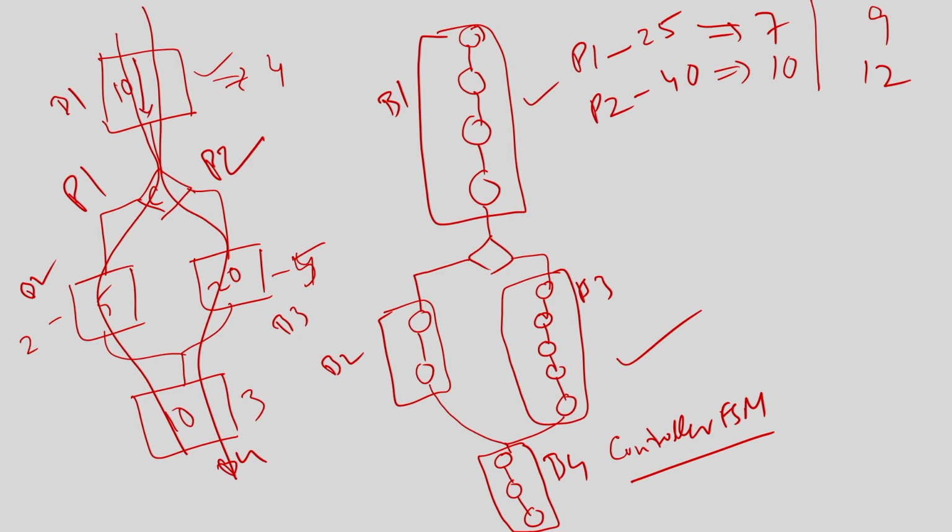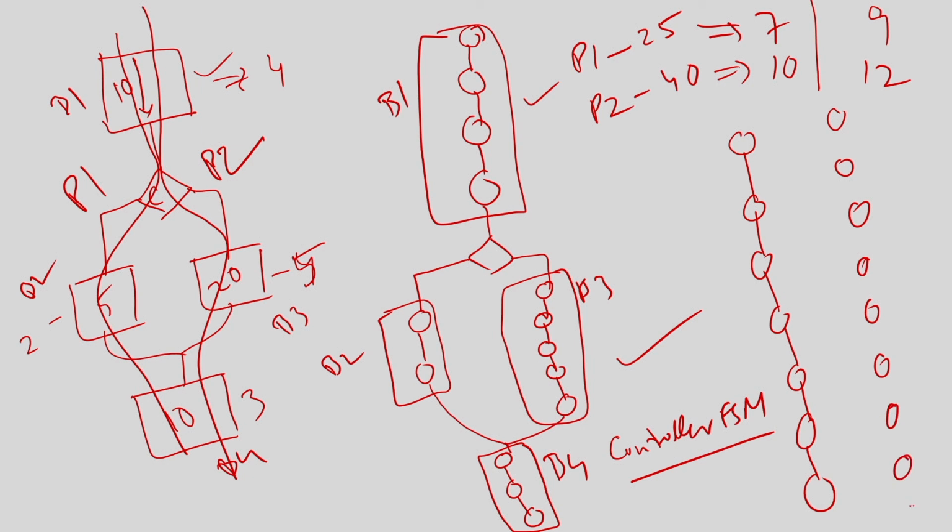So, for example, here you see I have mentioned that there are 7 states here, right. Say probably it has 7 states, and in path 2 I have 10 states, right. Right. So, obviously, the number of states together will be 10, because it will be the max of these, right. So, for path based scheduling, for every path I find the minimum schedule, and then I have to combine them.